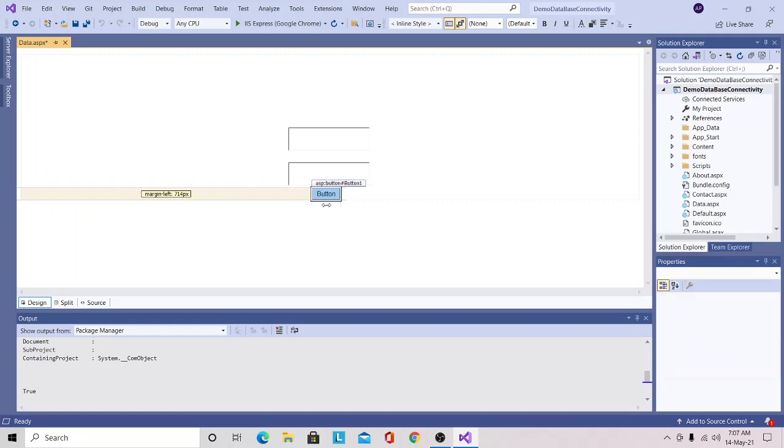I will locate this button server control into the middle of the web page. Remember students, in a normal HTML web page, in order to change the location of a web element, you need to apply CSS properties. But here in Active Server Pages, three technologies are integrated, that is HTML, JavaScript and CSS. That's why CSS is already integrated with this active server page. You can easily relocate the web element.